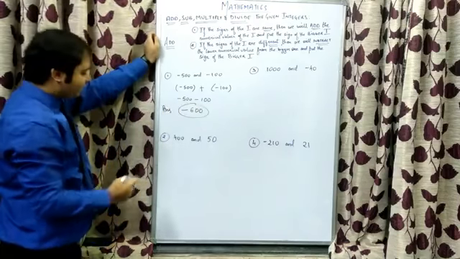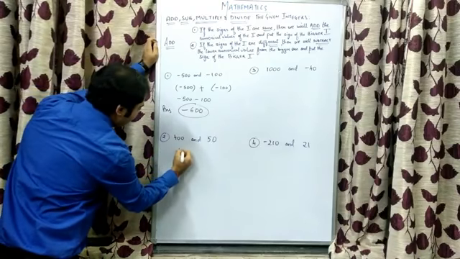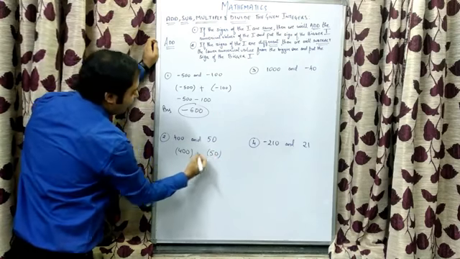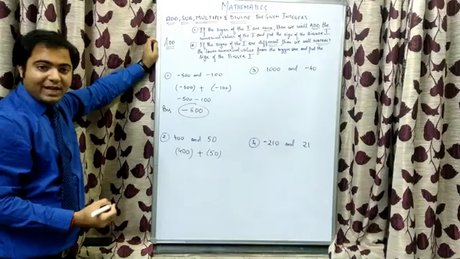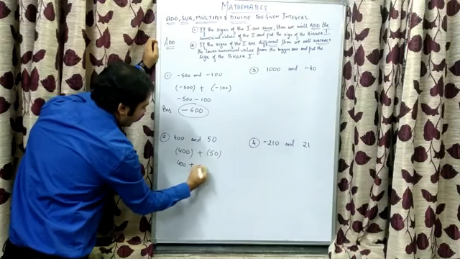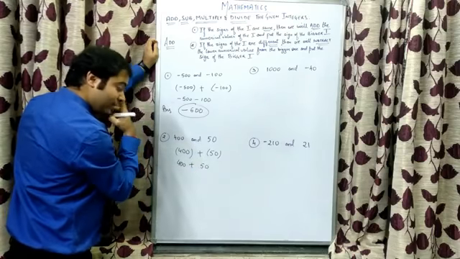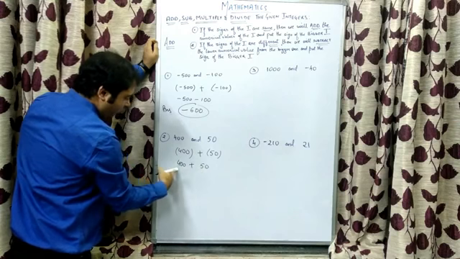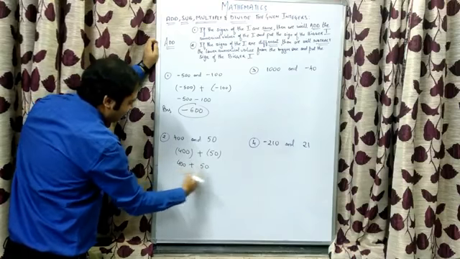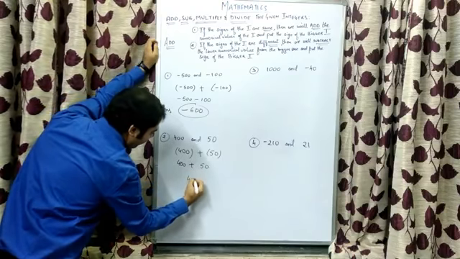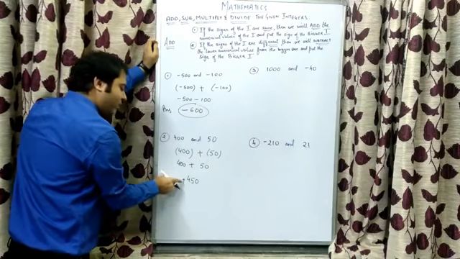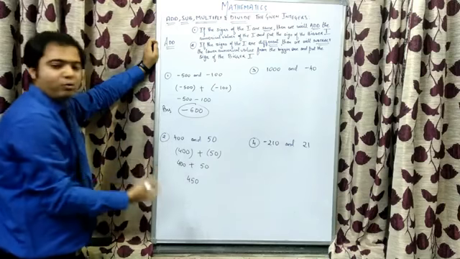Second example, 400 and 50. We'll write 400 in bracket, 50 in bracket. In between we need to perform addition, so I will put a plus sign. Plus into plus is plus 400. Plus into plus is plus 50. Now since signs are same, 400 is having a plus sign, and when nothing is there, we assume it to be plus. So signs are same, we add the terms. 400 plus 50 is 450. And we'll put the sign of the bigger one. Bigger one is having plus sign. If you want to put plus, you can put plus. If you don't want to put any sign, we can assume it to be plus.